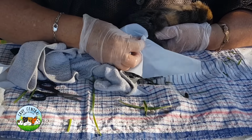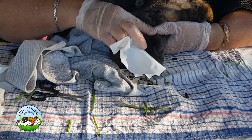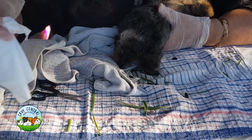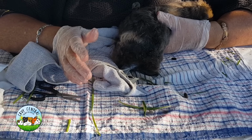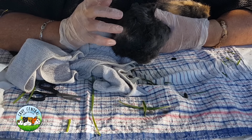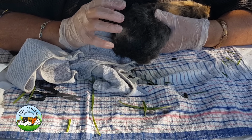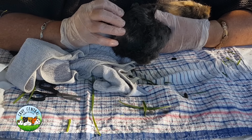So what we're now going to do is, we've rinsed it sufficiently, and you'll notice a lot of people will say that needs to be sutured. Absolutely not. They have to heal from the inside out. But what we are going to do is apply an antibiotic terramycin spray, which is so effective in this, and literally